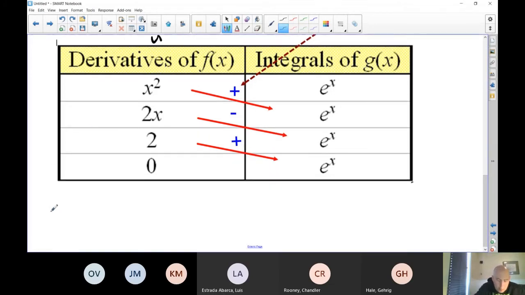So here's the answer. You guys know what the answer is because we just did it on the last slide. Watch using this strategy. So it's x squared times e to the x. That'll be positive. It is this times this, but that will be negative. So negative 2x e to the x. And then it is this times this, but that one will be positive. There's your answer. Works really slick for, as I said, integrals where you can repeatedly take the derivative of one of the factors and hit 0,